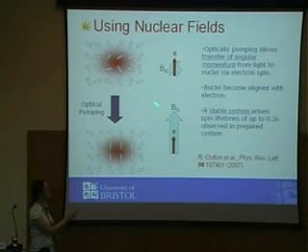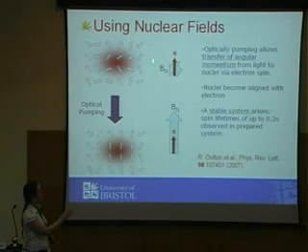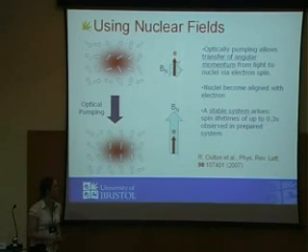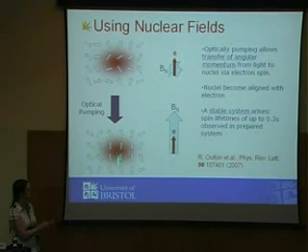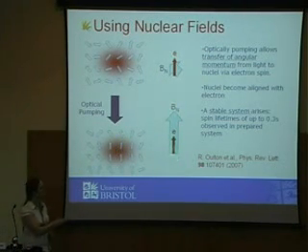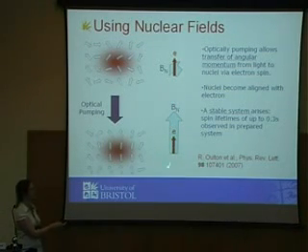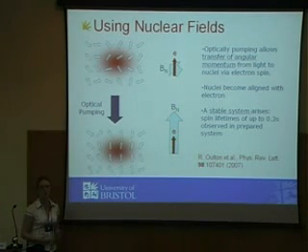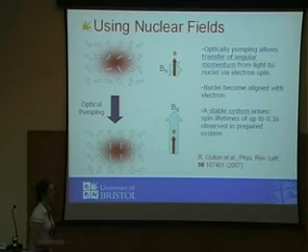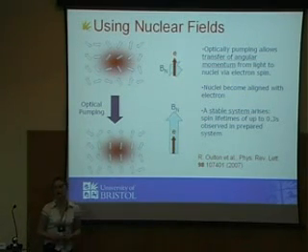So here we have the situation where we have a small randomly orientated nuclear field, and that system is unstable. But if we align the nuclear spins all in the same direction, we have a larger field pointing in the same direction as the electron. And so the electron doesn't precess about the nuclei, and the nuclei don't precess about the electron, and you form a much more stable system. In fact, we measured the lifetime of this system and found it to be about 0.3 seconds, so extremely